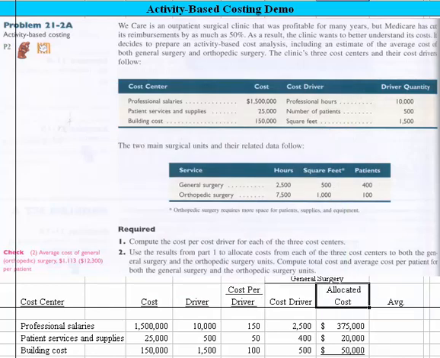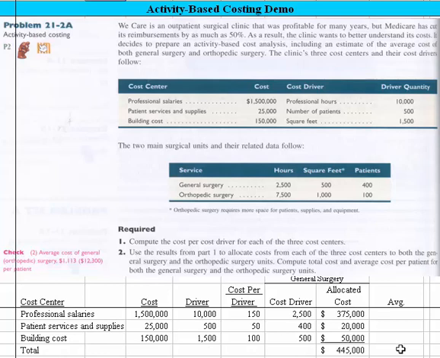Oh, and let me slide down because I think I've slid out of sight there. Now you should be able to see it. We could take that number divided by the number of patients, which was, what, 400? So we come up with 1,113 is our average cost per patient. And that solves our answer